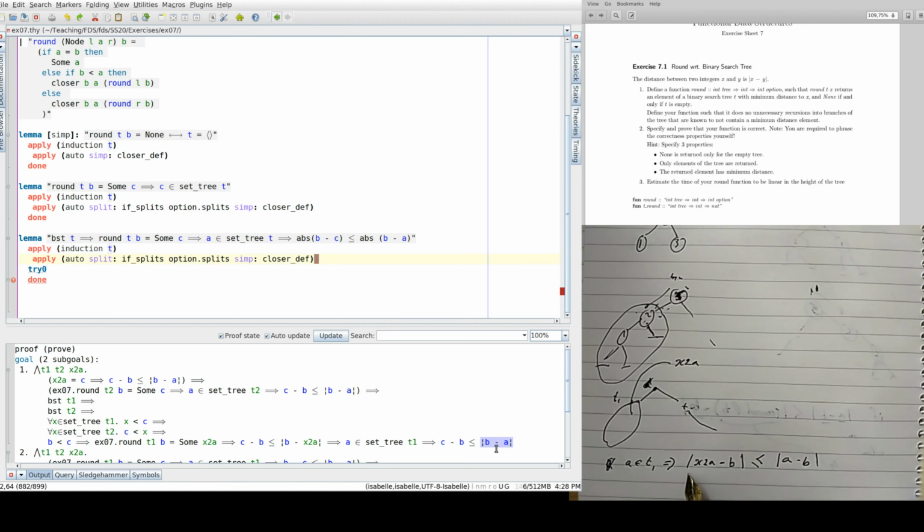If we have that x2A minus B is smaller, this difference is smaller than or equal to that one, and we have that